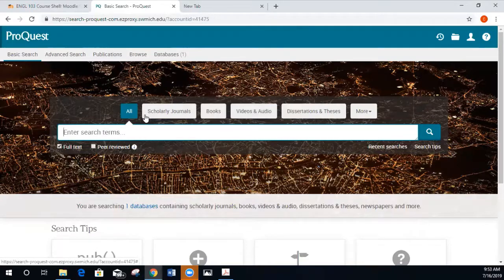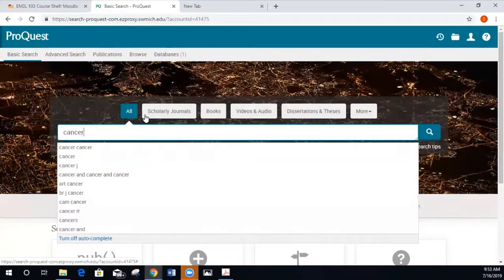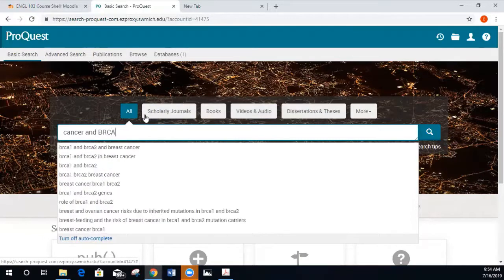So maybe you have a particular topic for your paper already, such as cancer, but you already know a little bit about it. You know a particular type of cancer that you want to be searching for. So you don't want these broad areas just coming up. So we might make this a little bit more specific by typing in the word AND and then the type of cancer that we're looking for. So we would type in maybe BRCA1, right? Maybe we have a family member who has been through cancer and ultimately has dealt with this type of cancer, and you want to know a little bit more about it. Well, you're ahead of the game because you already know the particular type at this point.